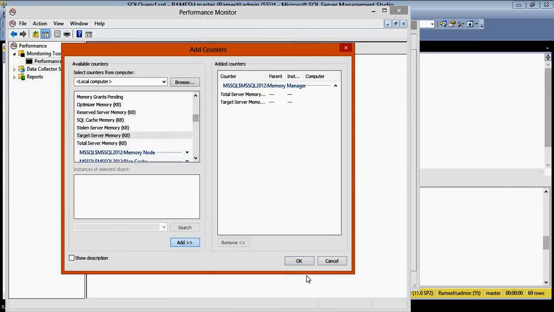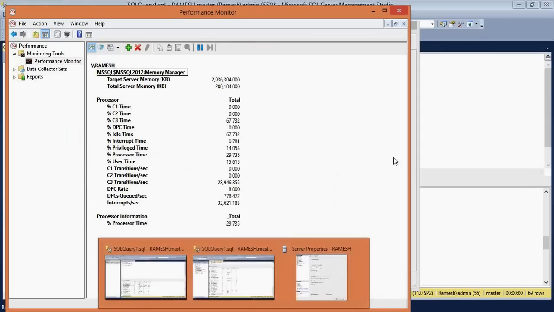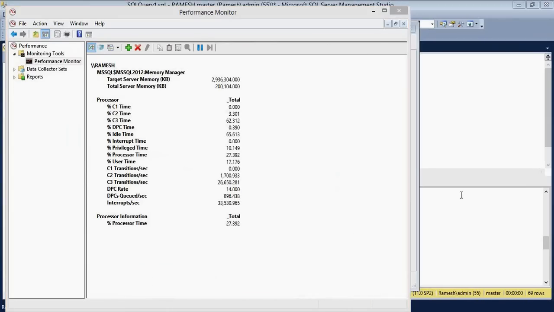Total, target. Here you can see total and target memory. Just open the performance counters, go to SQL Server Memory Manager and add target server memory and total server memory. Here I can see some